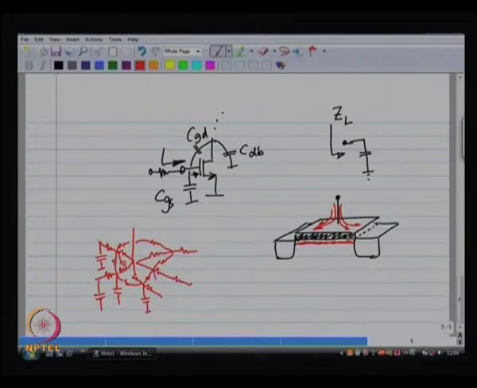So, it is a complicated model, and probably this distributed mesh of resistors and capacitors can be substituted by a model that looks like this, by a simple RC,